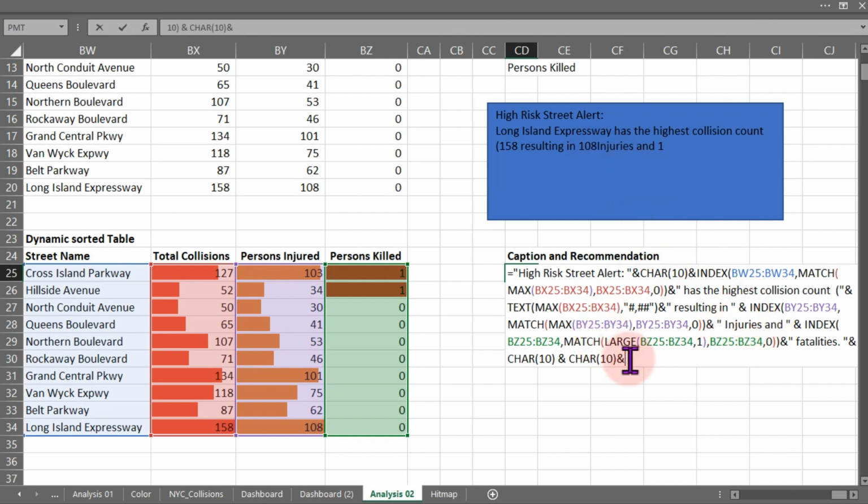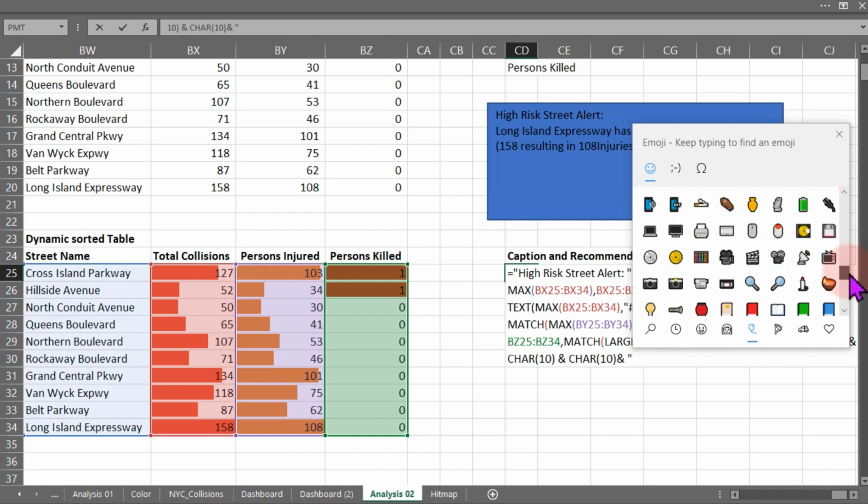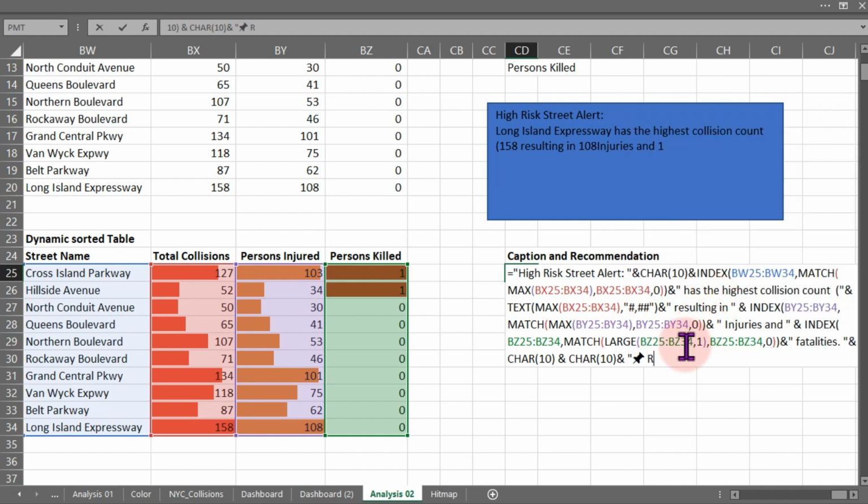So now for the recommendation, the very first thing I'm going to do is go over to Windows and scroll all the way down to get this I used to use for my recommendations. So once I've done that, I'll type in here recommendation. So next again is going to be, let's say, install speed enforcement